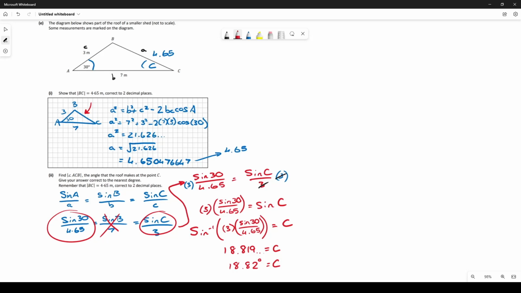Okay, now that's an example of the sine rule and the cosine rule. What I'm going to do now is part 2. Part 2 works out exactly fine as well if you use the cosine rule. It's safer for you guys not to do it, but I'm going to do it just in case, because they might give you an example where you have to use the cosine rule. You don't want to be limited to using the cosine rule,